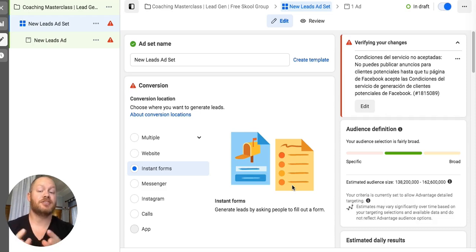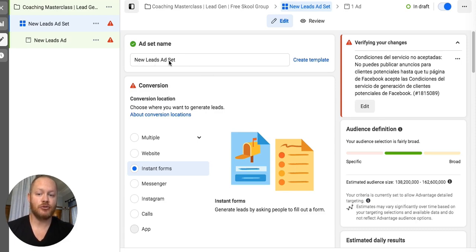So now that brings you to the new leads ad set page. As we build these ads, it starts with the campaign, the ad campaign, and that's where you're selecting the objective, right? We talked about lead generation, leads. Now we are at the ad set level where we focus on targeting, or who you're going to put the ads in front of. So the first thing we want to do here is go ahead and name the ad